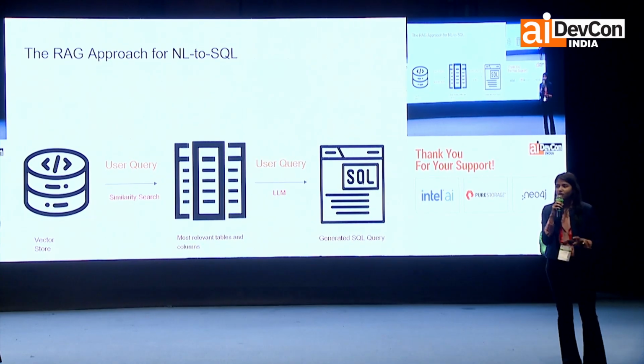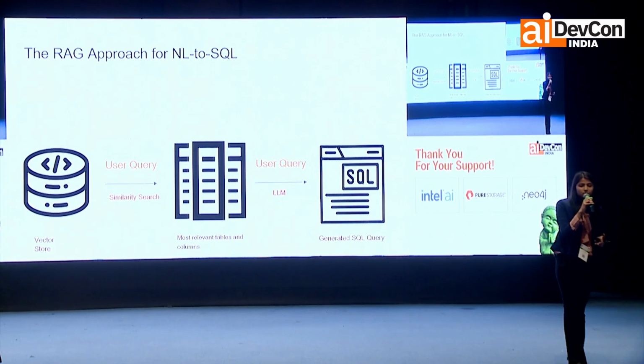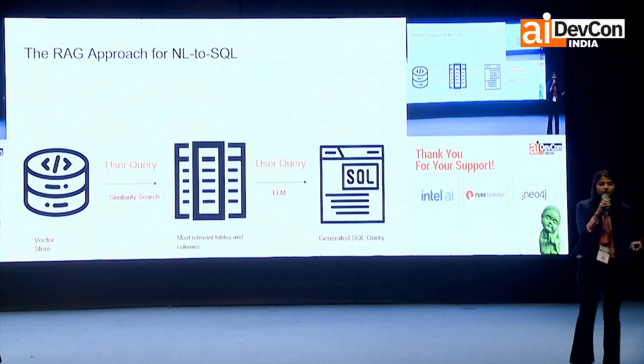RAG is retrieval augmented generation, a system where you store your data in the form of vectors in vector databases, and you have LLMs. Whenever a user asks a query, that query first goes to the vector database. On a high level, you retrieve the relevant content from the vector database according to your query. You give just that relevant content to your LLM, and then the LLM generates the answer from that content. In this way, you are reducing the search space. You are not giving the entire data to the LLM, only whatever is relevant to your query.